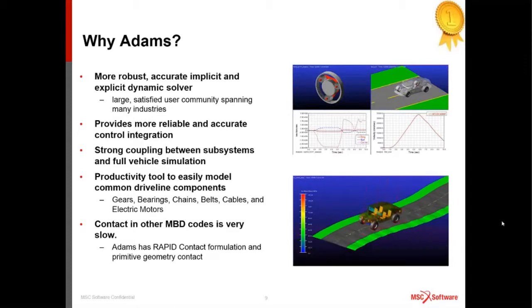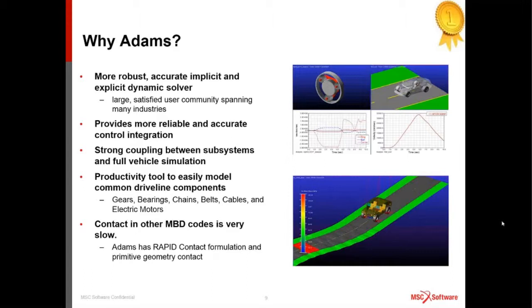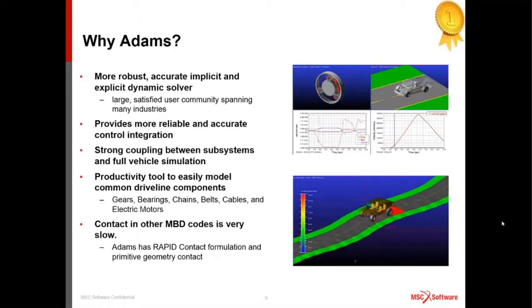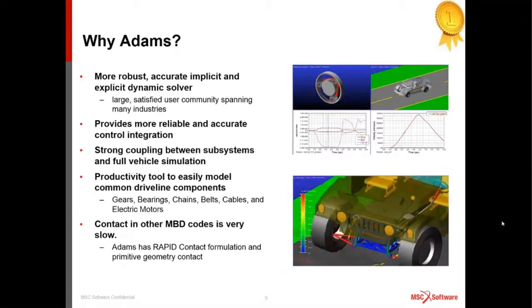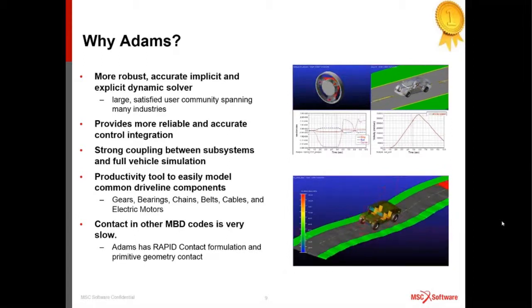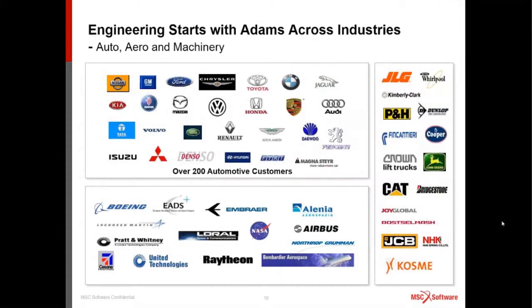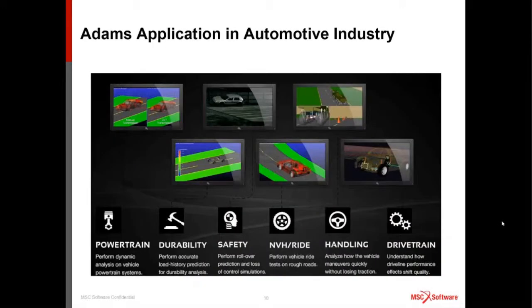Last but not least, we have a very accurate and fast contact formulation, which is also unique in the MBD industry. So those are some of the reasons why you should pick Adams as your go-to MBD solution. And here are some of the customers out there who have been benefiting from using Adams for many years. So we have customers from automotive industry, aerospace industry, and general machinery industry. Overall, we have over 10,000 companies in the world which are using Adams to help with their R&D